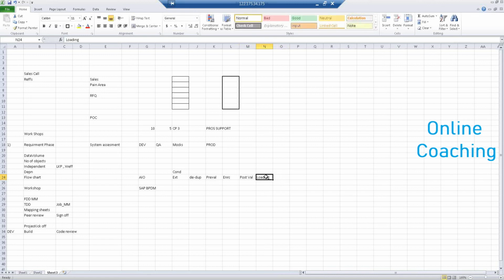We call it post-val. So once you convert the data, you will revalidate the data to make sure whatever you are loading is correct, and then it goes to the loading part, from where you will be loading the data into the target. So this entire activity that we are trying to do, extraction from source and loading into the target, is split into different phases,